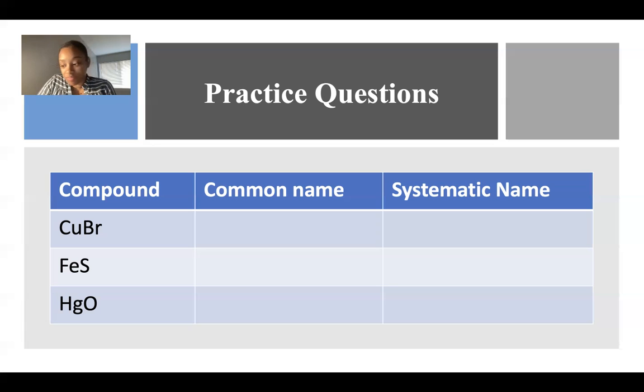And then the systematic name is iron 4 sulfide? Not 4. It's going off of how many valence electrons are in, or is it the common charge of S? Yes, the common charge of